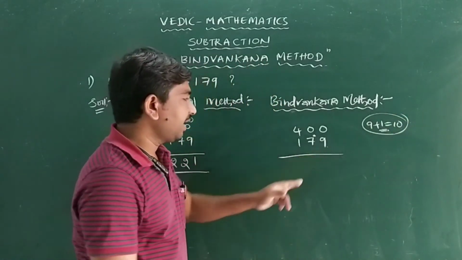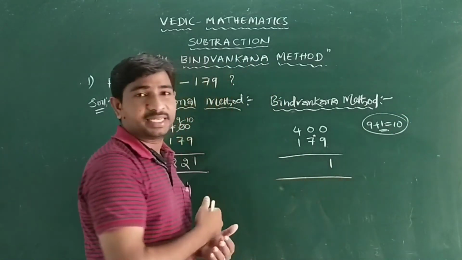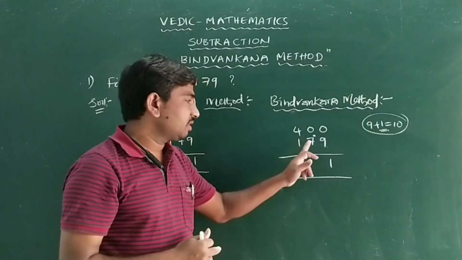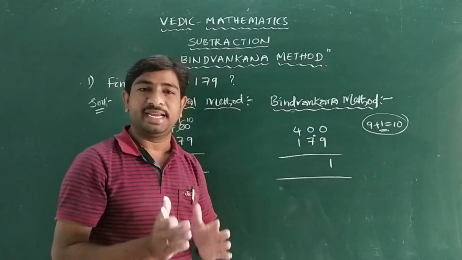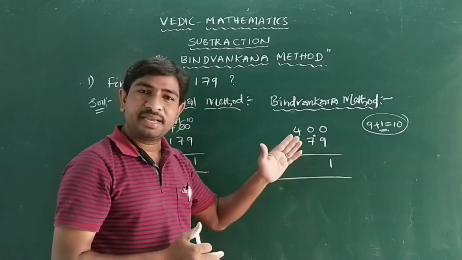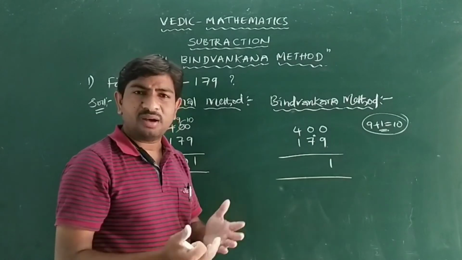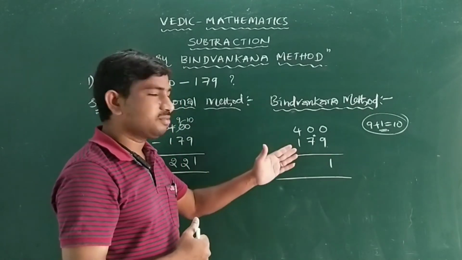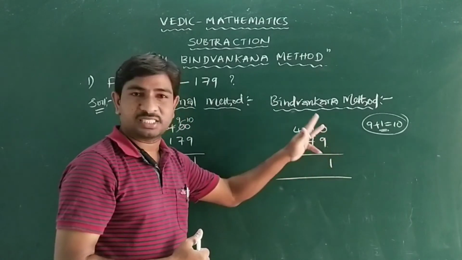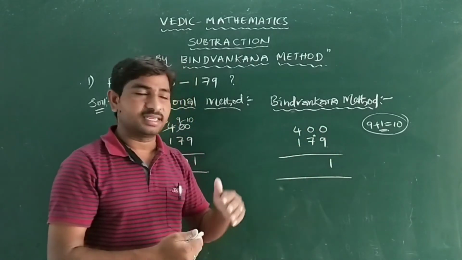Now we can write 1 in the answer place. See, this dot is considered as 1. So 7 plus 1 is 8. 8 is a bigger number than 0, so subtracting is not possible. That's why we again do the same process which we already did in the first step, and we have to take that for this also.